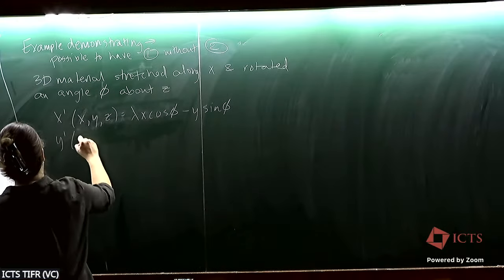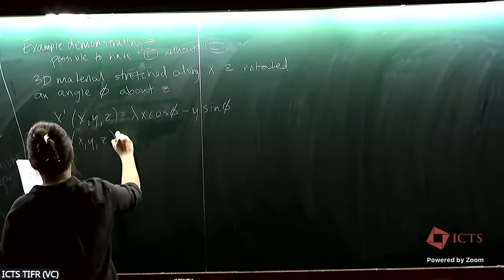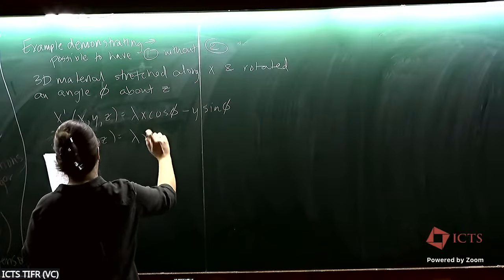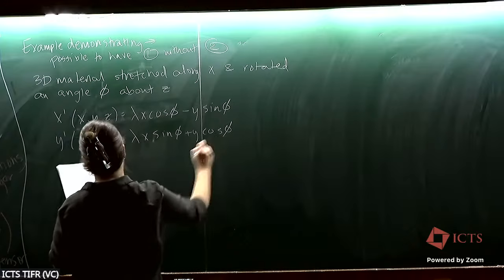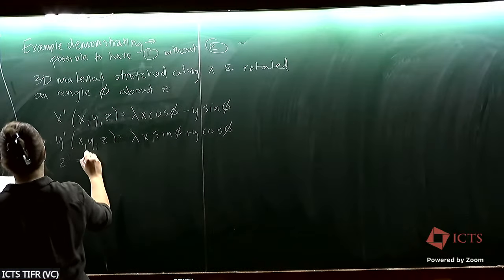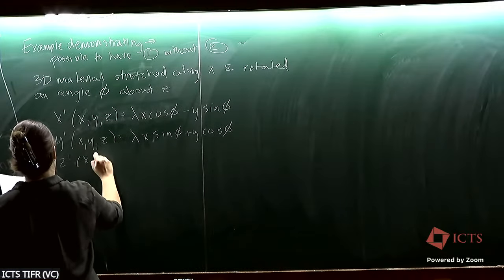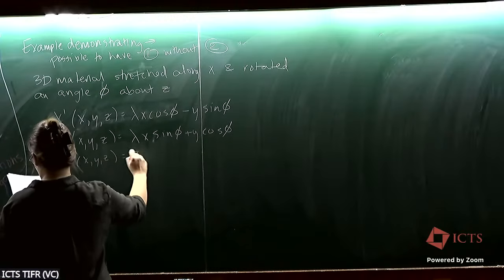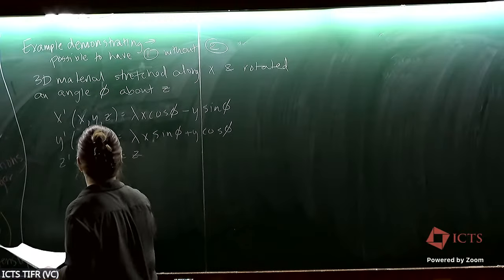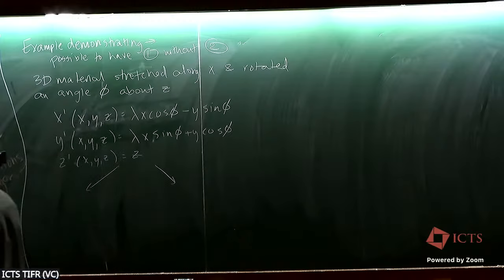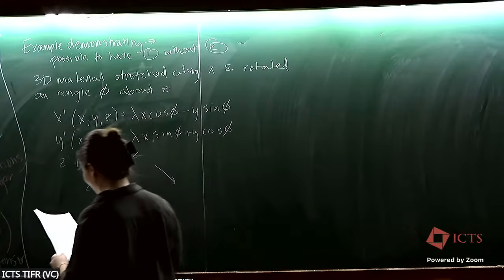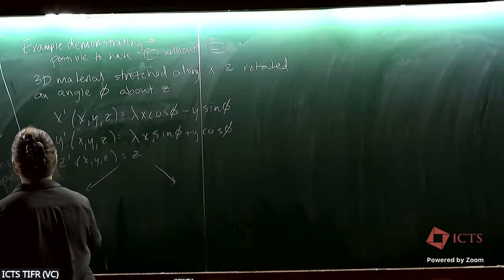Y prime of X, Y, Z would be lambda X sine phi plus Y cosine phi. And Z prime would just be equal to Z. And when you do this, you can go through and you can calculate the linearized strain tensor and the Green-Lagrange strain tensor, and you find